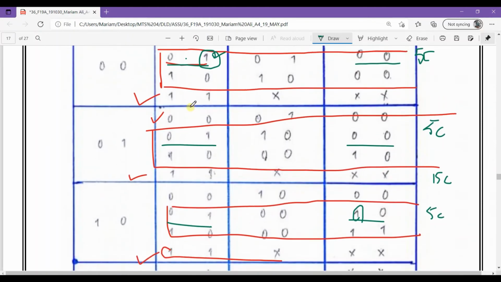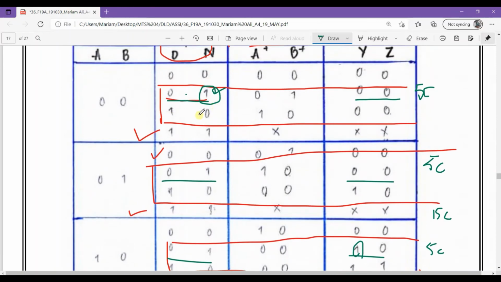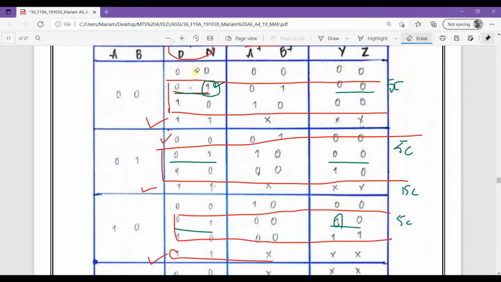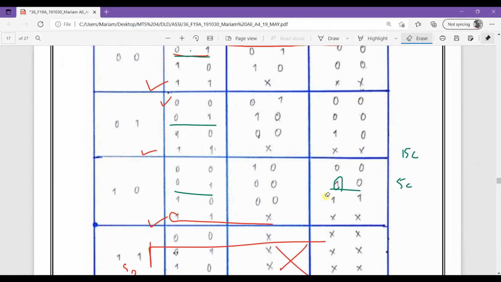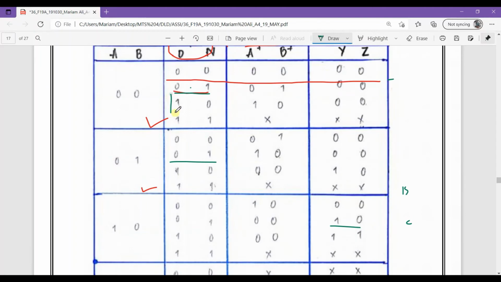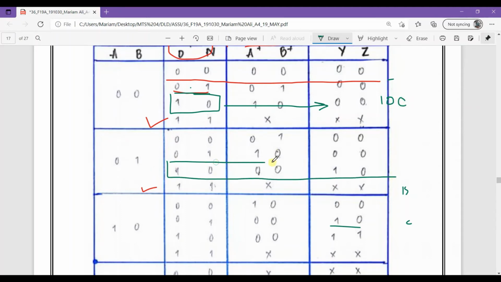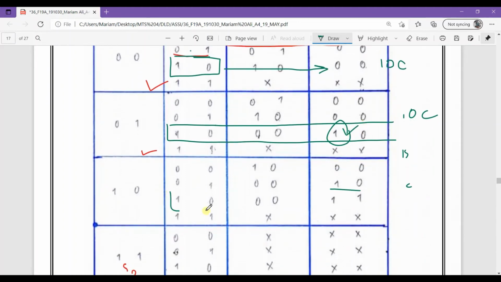Further, if we talk about the second input, 1 0, at this a 10 cents is provided, so no change. Further 10 cents is provided, it is returned, but in this a coin is also returned here.